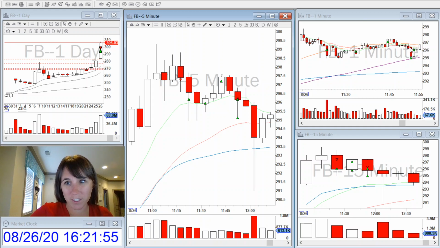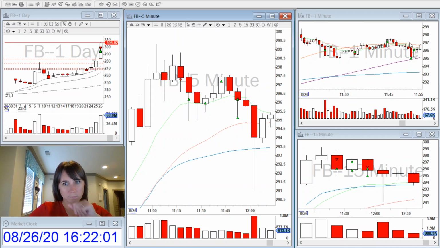It was kind of a little scalp because my stop was right above this 50 moving average, and I went ahead and partialed right at this 100 moving average, and then it came up and stopped me out at break even, and then I ended up losing out on this really nice drop. But that was my Facebook trade.